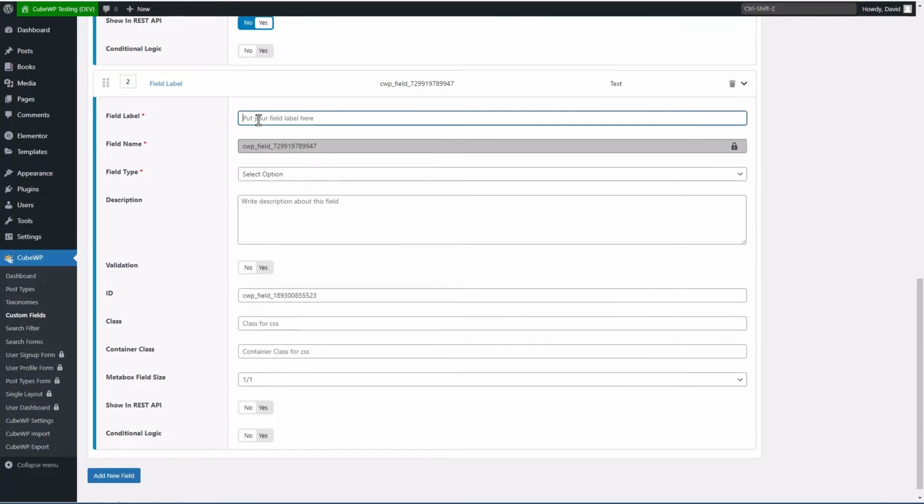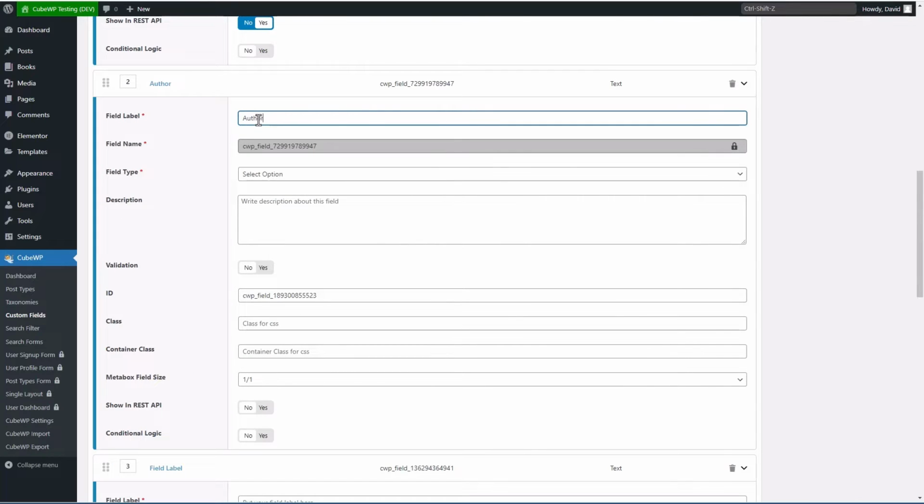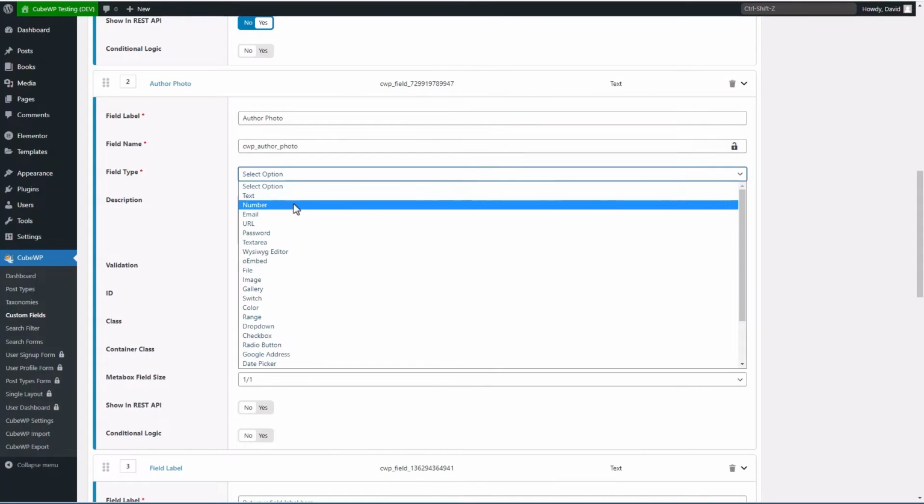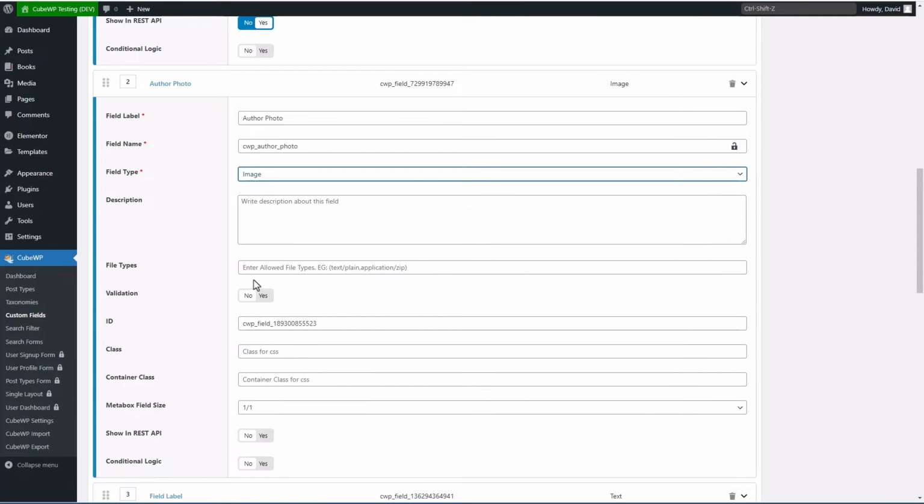Okay, so now I'm going to add our second field, and this one will be author photo. Again, I'll unlock this and change the name to be something meaningful and easier to reference. For field type here, we want it to be an image. Now we add the MIME type here. You see that's the example.